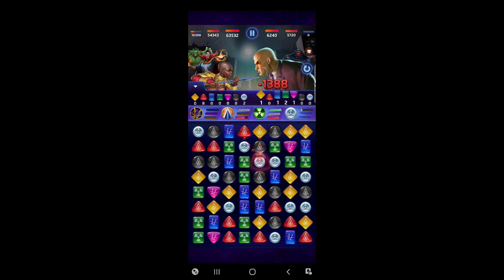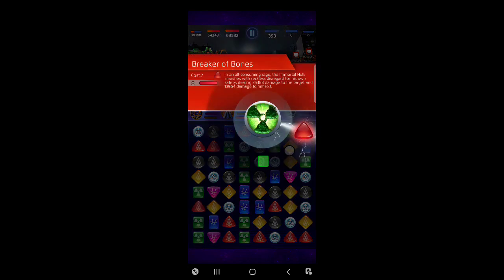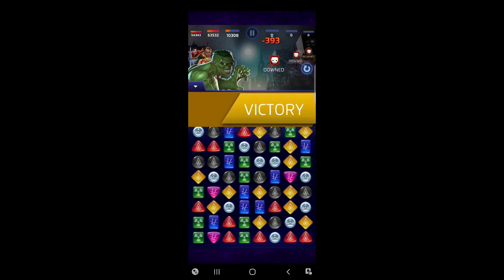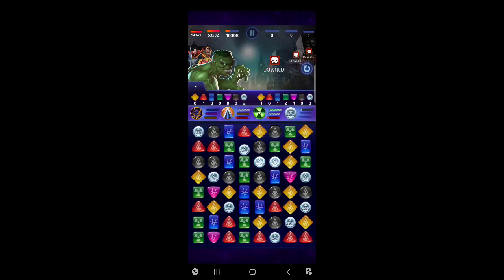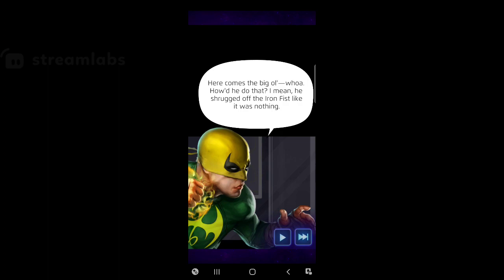Yep, took him out. Should we overkill him? I mean, do you need 25,000 damage to deal with not even 400? Yeah, of course you do. He's teed up, Danny. Take him out. Here comes the big old...